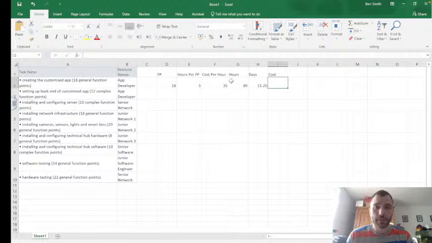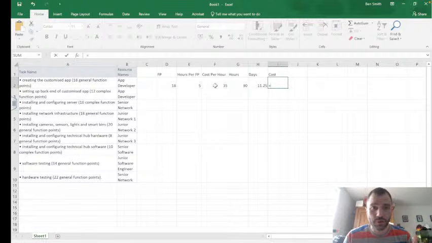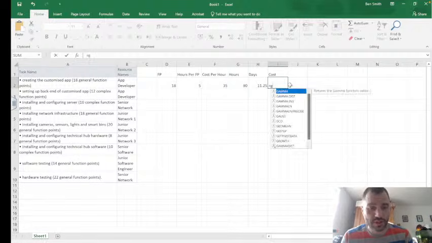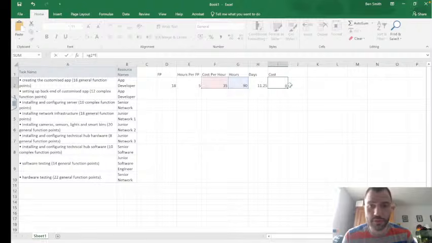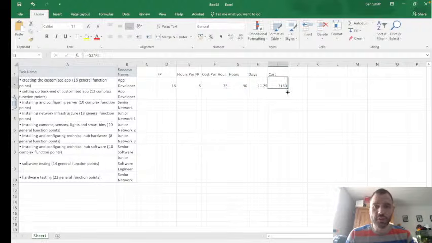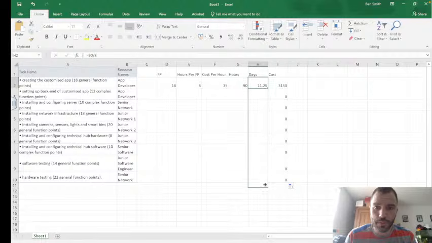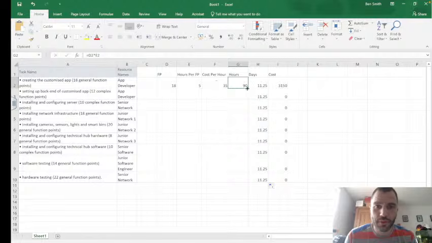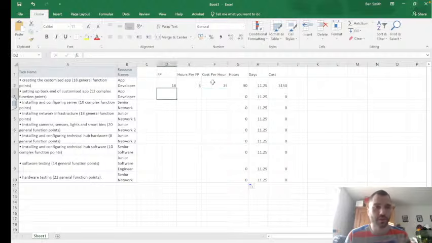And then it's cost per hour times the number of hours. So to calculate this cost, you do hours, which is G2, times cost per hour, which is F2. So G2 times F2, right? And then all the cells that have got formulas, I'm just going to copy down. So I'm going to copy down the total cost column, the days, the hours, and then these things are stuff that I've got to enter. So on the next row,